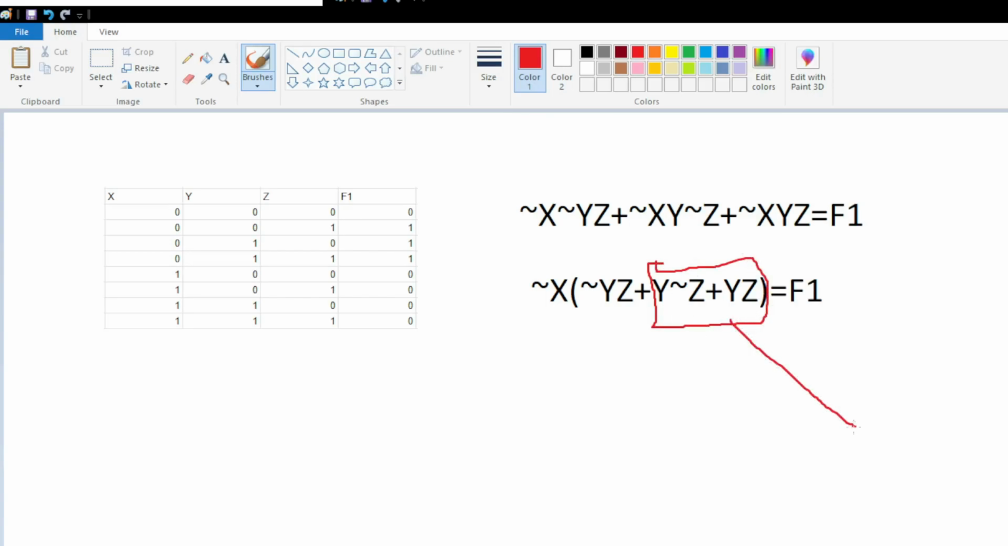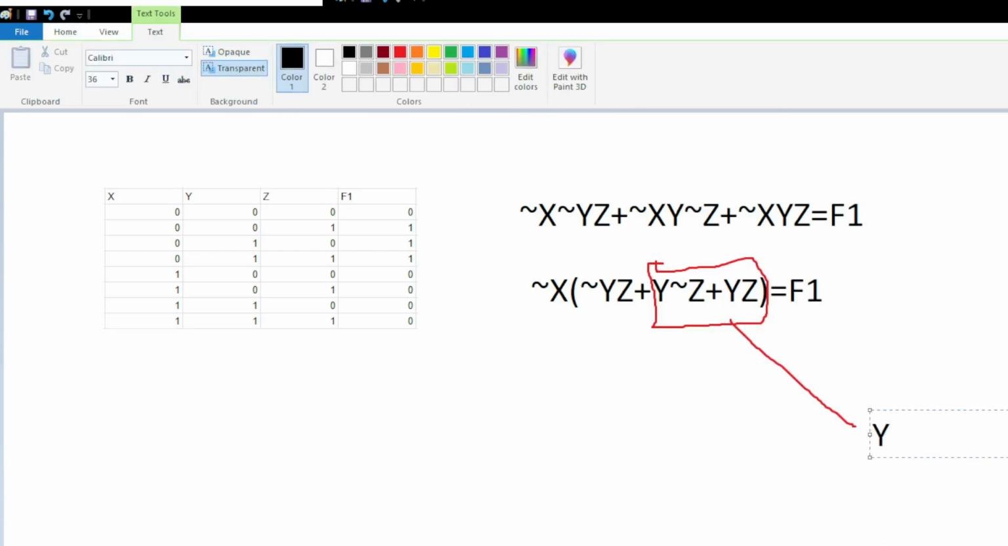So if we pull this out, we can find that those 2 terms are actually equal to the product of y times the sum of z and not z. And remember that guy